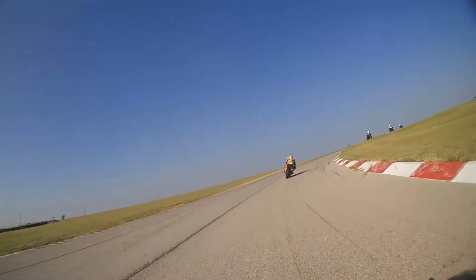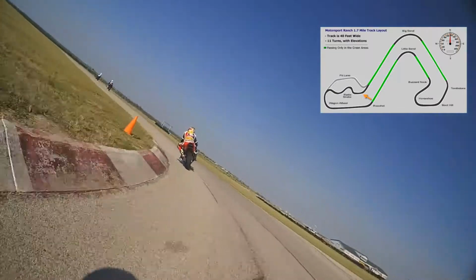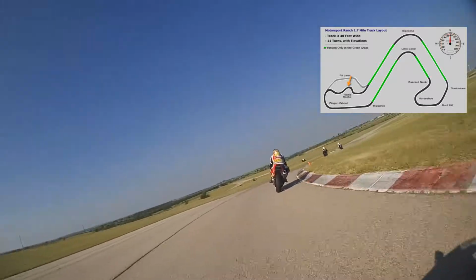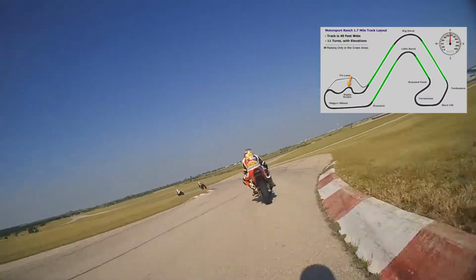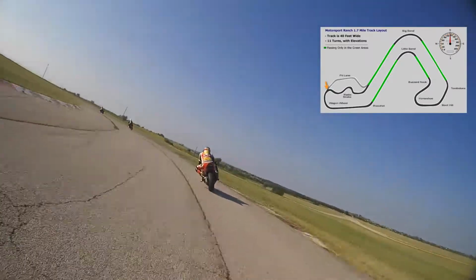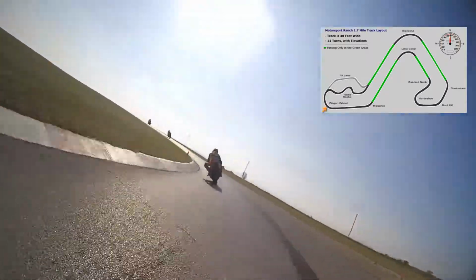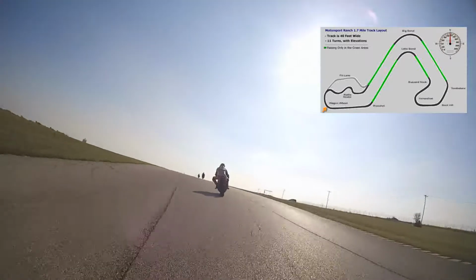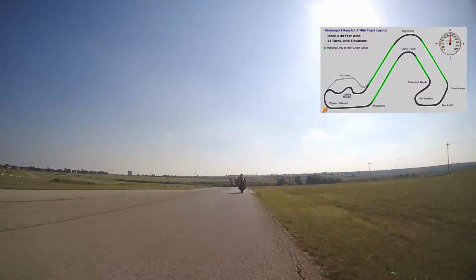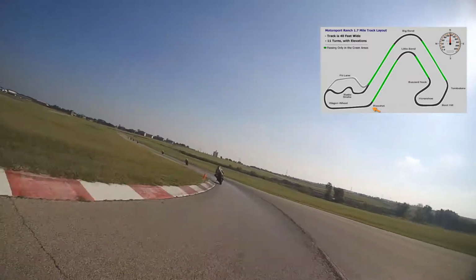Now, paying attention to the map, this is a section called the rattlesnake. A very fun section of the track. Make sure that you get familiar with the track map and the name of the turns. That's going to come in handy when you're in class working with the instructor. Here, going up the wheel wagon. Coming up next, we're going down the ricochet,